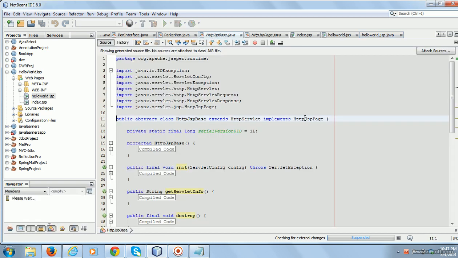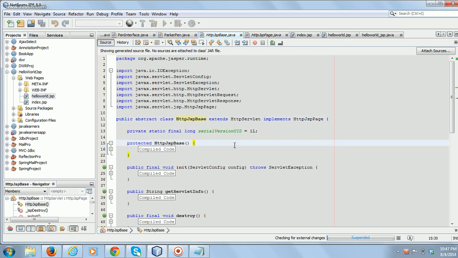In Tomcat, if you see the package, this class may be different from one server to another.